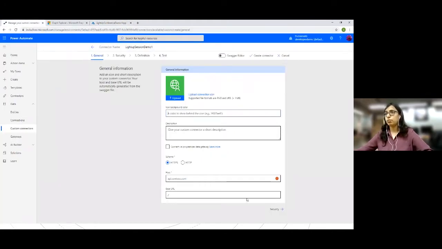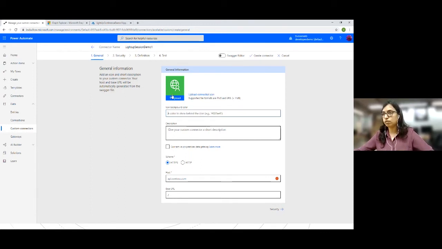All right, so here I am in Power Automate, and I clicked on create a custom connector from blank option, and that is how I came down to this screen. Now here I can configure the default icon, so I can configure my custom connector to use a custom icon. This is very useful to do when you have a lot of connectors. In order to easily identify your connector, it is really useful that you use different icons for different connectors, so your users can easily identify it from the icon itself.